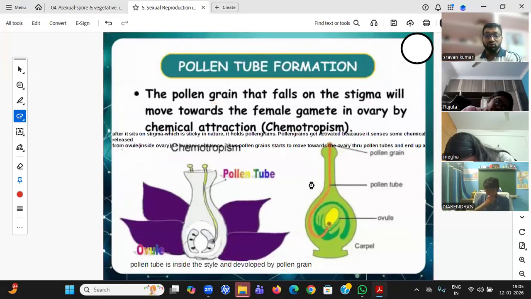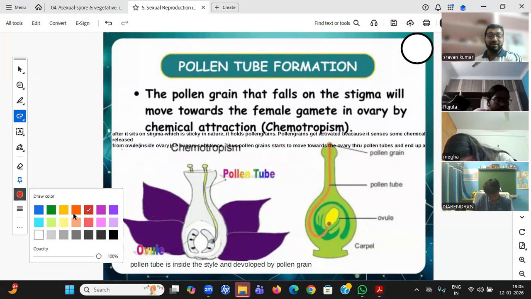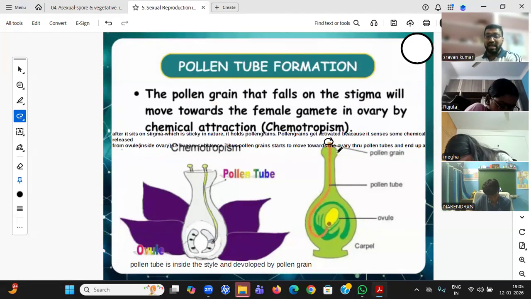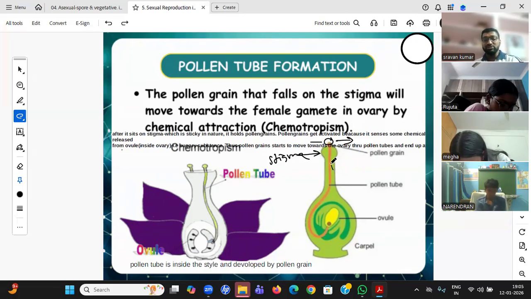Okay. Now again, who is responsible here? It is the pollen grain itself. If the pollen grain has reached up to here, as I said, the upper portion, the stigma, is a very sticky part. It will be held over here. Now it can't move this way or that way, but definitely a good smell is coming from here. So obviously it will make a duct-like thing and try to move in. So that is nothing but